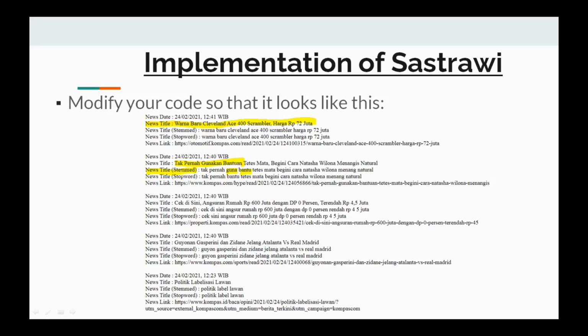After that, let's see the stop word example. Here we can see dengan, but after stop word removal, dengan is deleted, because dengan is one of the stop words in Bahasa.